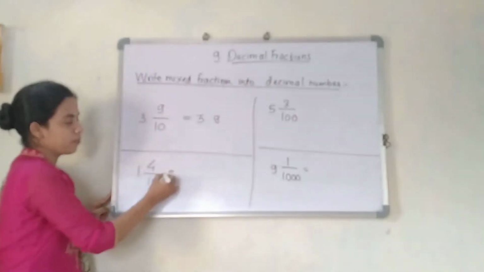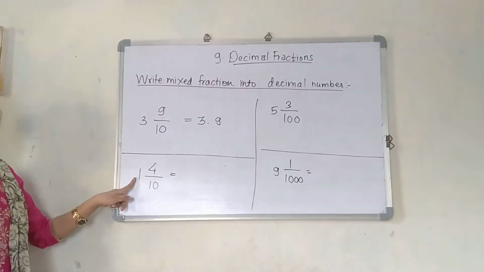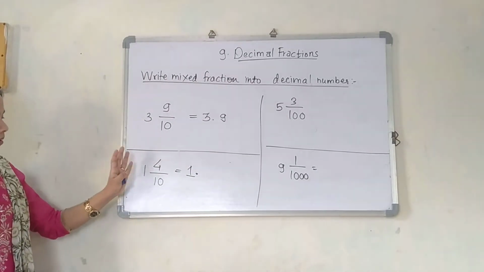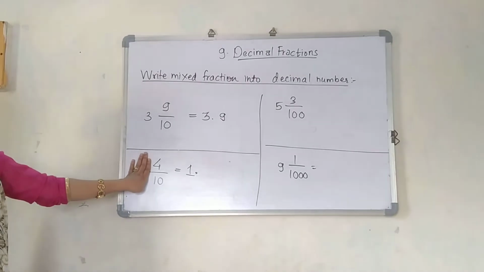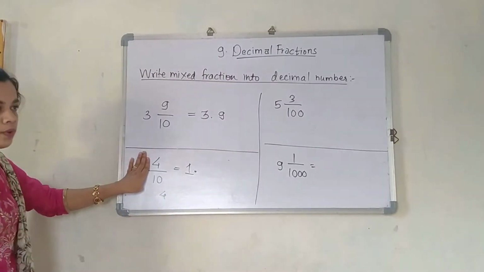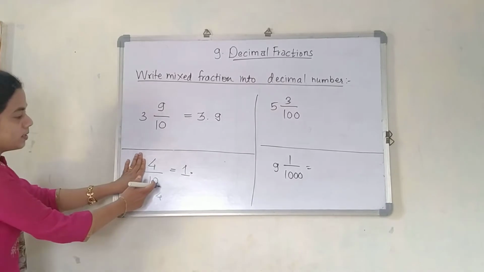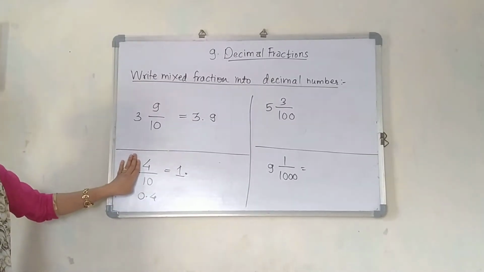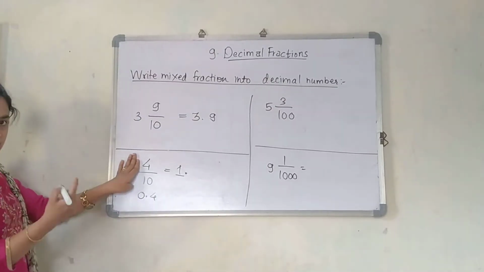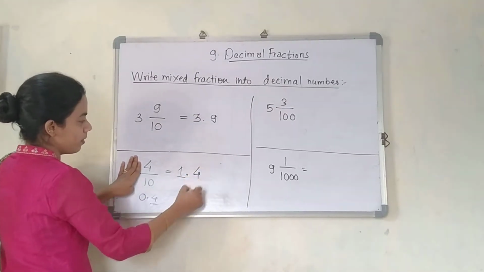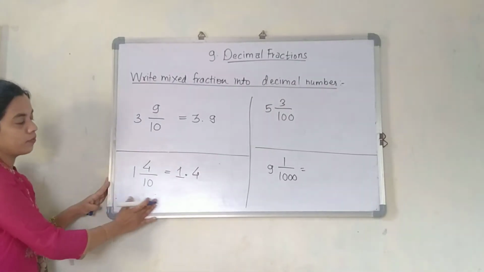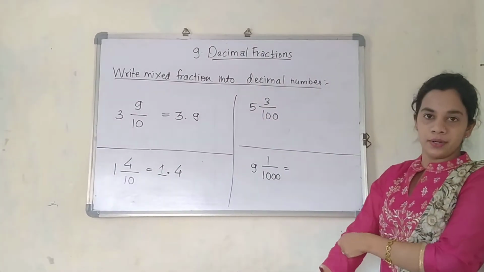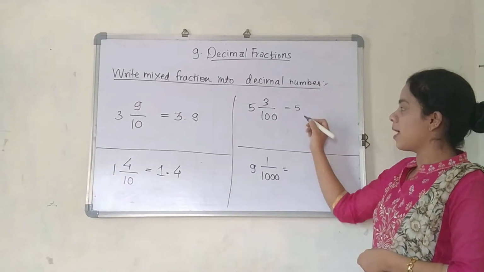Now you can see the next part. You are going to write 1 as it is and give the point. This 4 upon 10 you can see over here. 4 upon 10 means what? The numerator 4 you will write as it is. 1 0, therefore one number after the point, and over here 0. Fine. So after the point one number is there, that is 4. That number you are going to place over here. So the answer will be 1.4. Now let us see the next part. 5 3 upon 100. 5 you are going to write as it is.